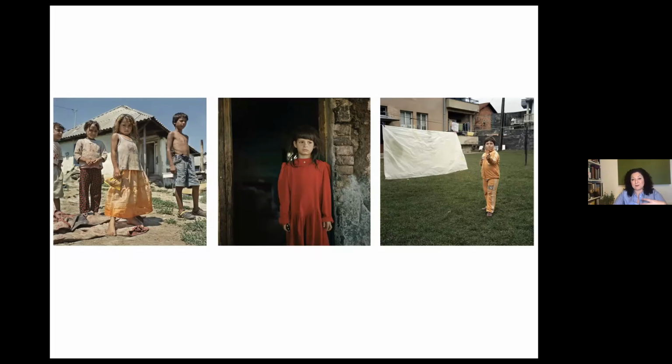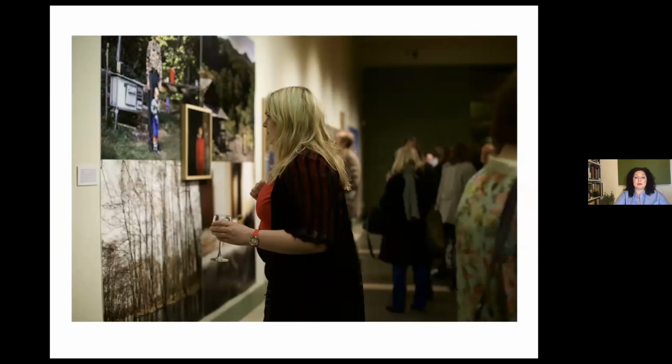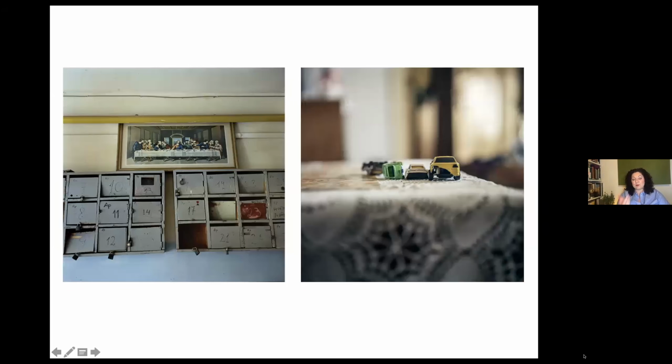And that red dress is very important to that little girl as well. So again, with the narrative of the project, it really made sense to show it. So you can see here how this image, even though it's quite small, becomes very prominent. But the establishing images, the environment, the place were also present.